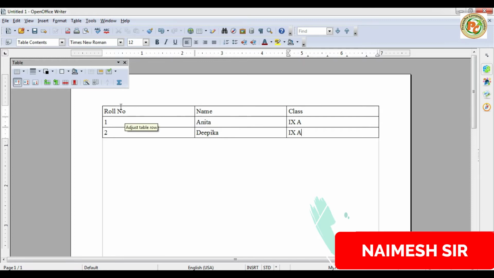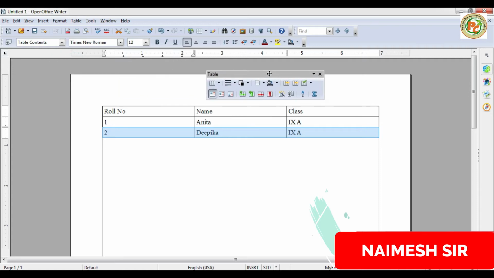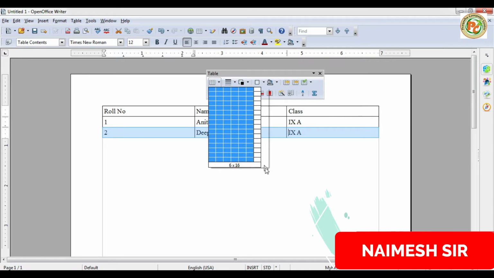So this is called a table of 3 by 3. These are the columns. See, this is called column 1, column 2, and column 3, and this is called row 1, row 2, and row 3. Now here we can see the dialog boxes appear continuously. So this is the table dialog box here. Now if you want to add a table, we can click here and add another table. You can add any number of tables like this.